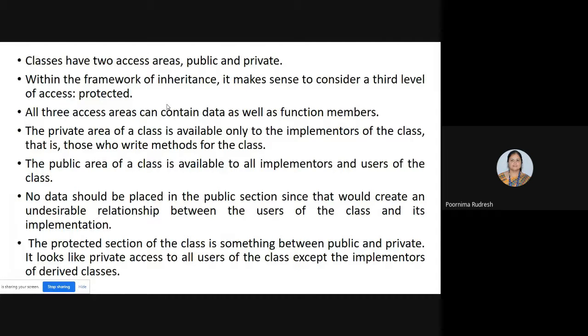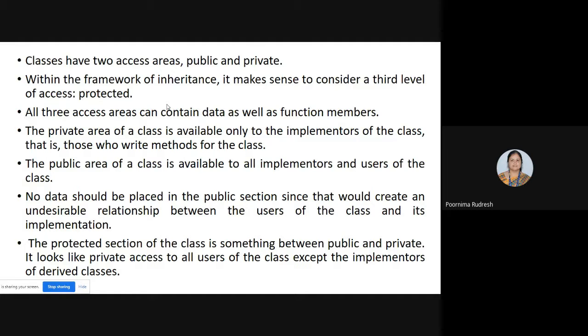So some designers or implementers argue that no data should be placed in the public section. If data is placed in the public section, what happens? It creates an undesirable relationship between the users of the class and its implementation. Hence, the implementers try to avoid declaring data in the public section.